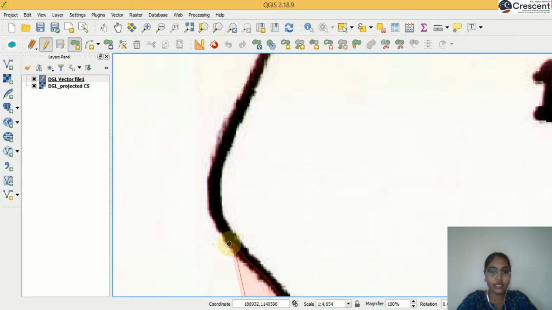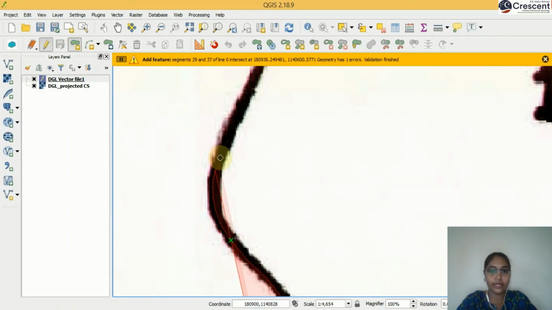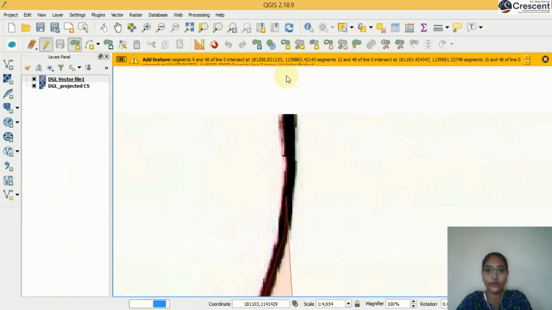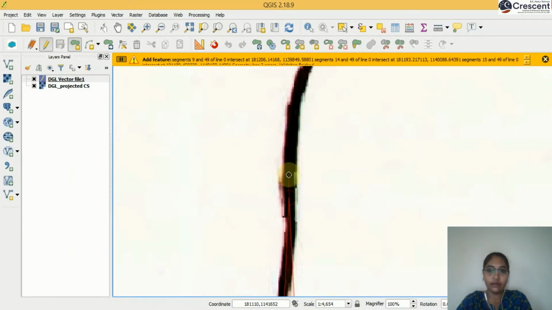Now we are facing a curve over here. You have to give small vertices over here. The polygon should start with the left button. If you have completed that polygon, you have to click the right button to end it. You keep on clicking the left button to proceed.